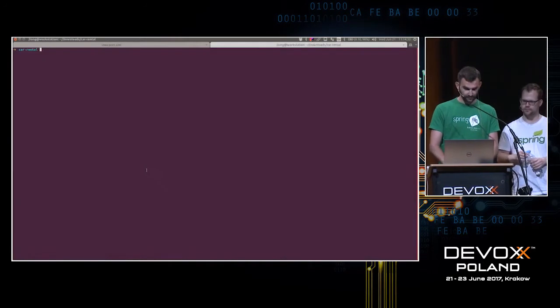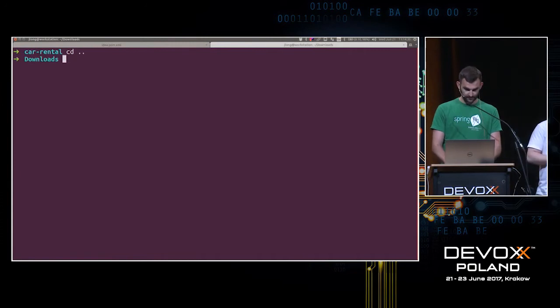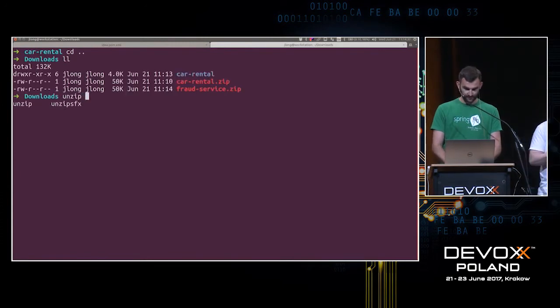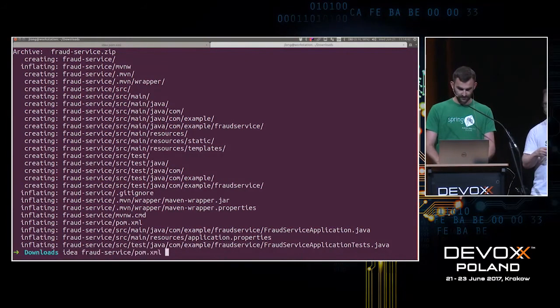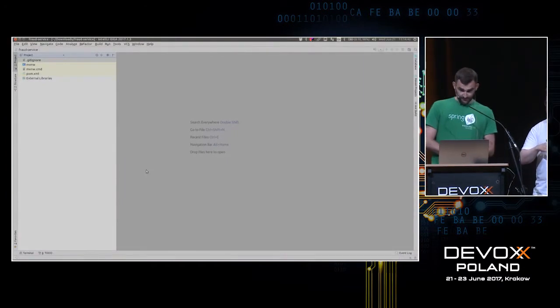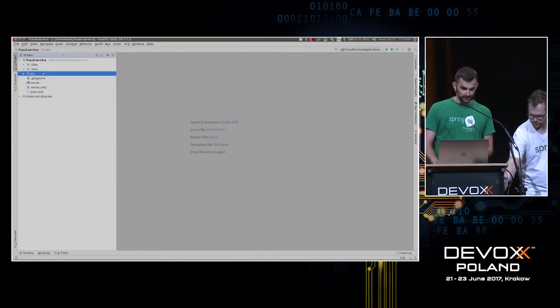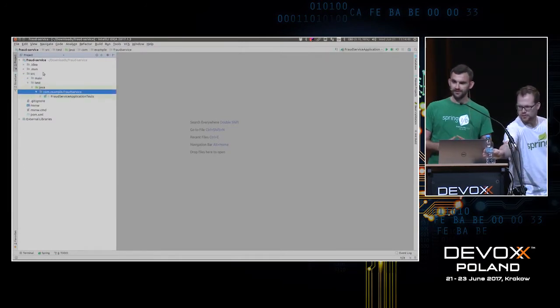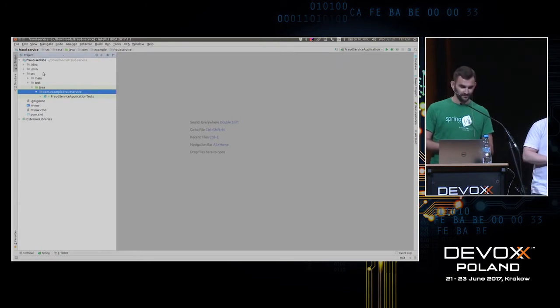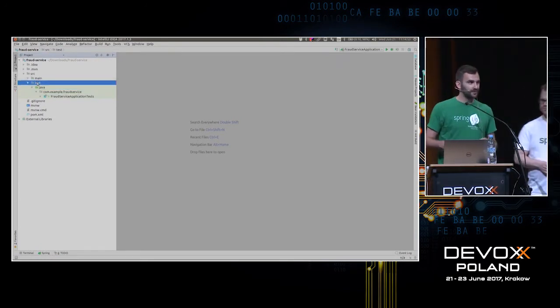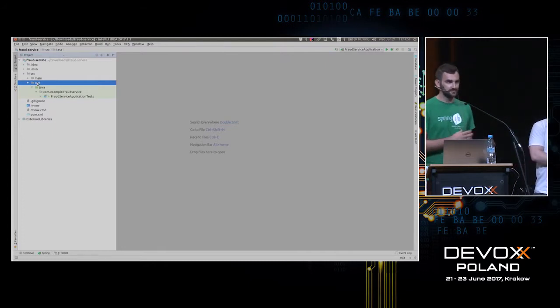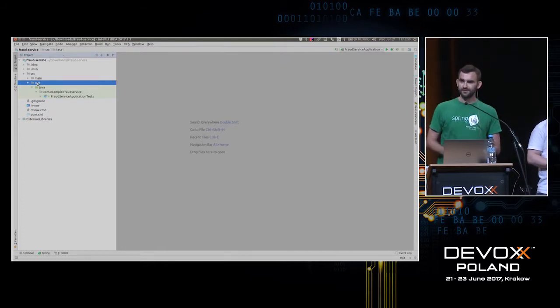Now I'm going to open a new screen here. Unzip fraud service. Let's open it. Hope it's going to work. Yep. So because actually I don't trust this guy too much. He's known for making bugs. So I'm going to formalize our agreement, right? Because he said that if I send this request, then you will reply in this way. So I don't trust him. Let's formalize that. So under source test,